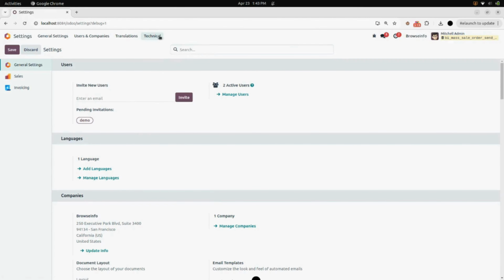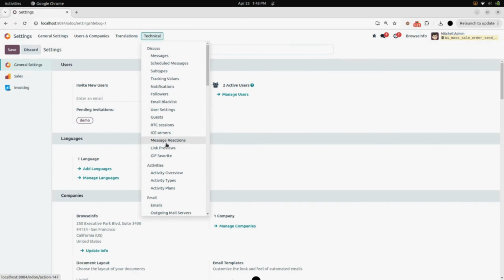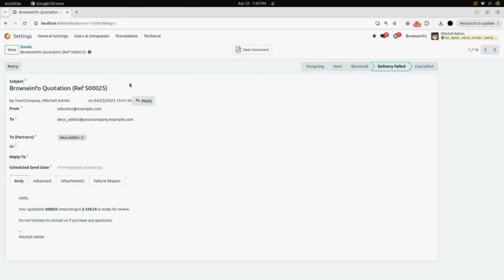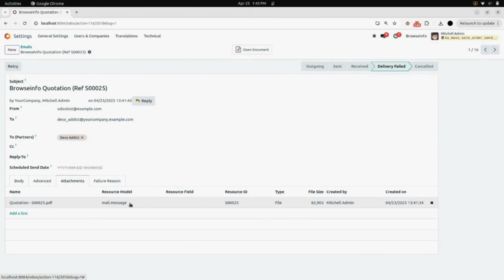Under technical, we will find an option for emails. Open that and here you can see the emails which have been sent regarding these sale orders. Open that and here you can see from and to. You can see an email is sent to the Deco Addict. Here you can see the body of the email, and here in the attachment tab, if you open this and open the quotation,